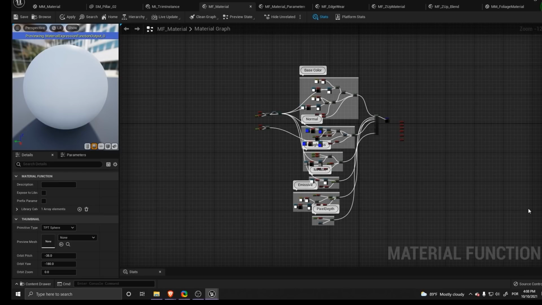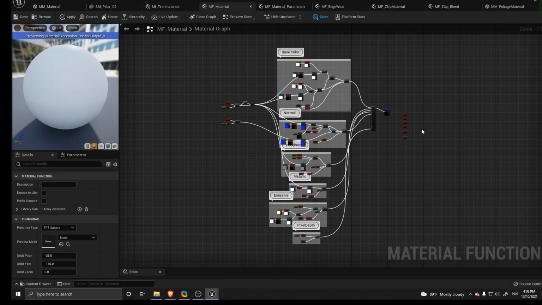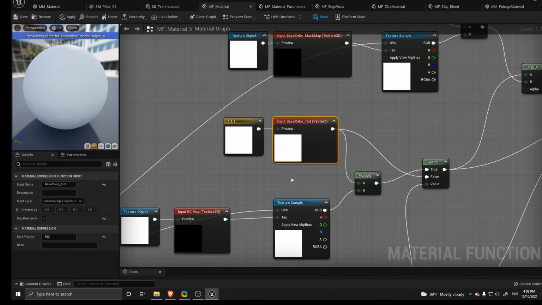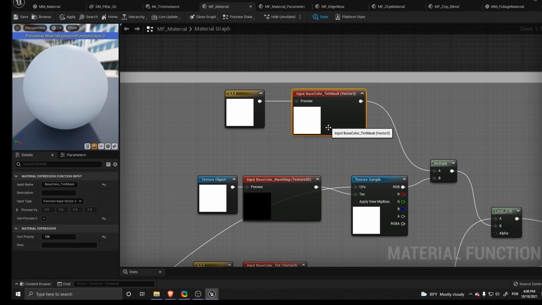I will be zooming in on each one of the sections in case you want to have a better look at it. Basically, the way this works is that I have all of this in a material function, and all of those are small function inputs.